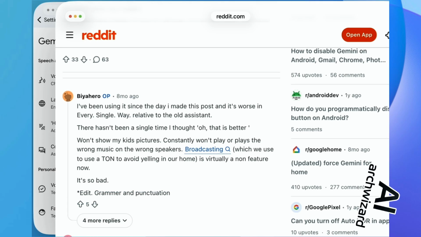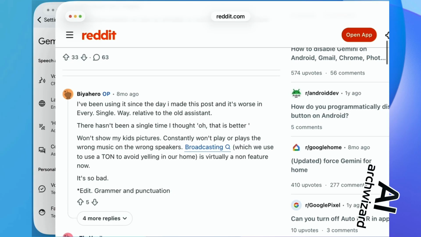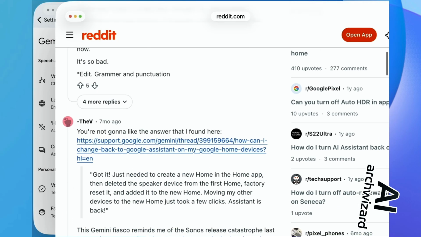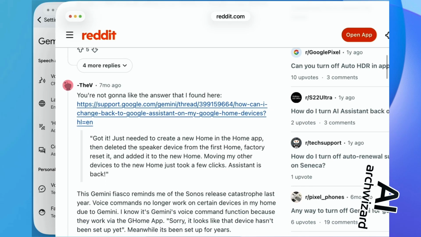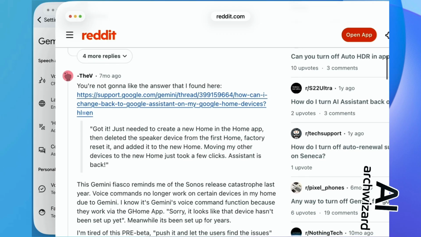And here guys are saying what to do to disable it. And one way that is recommended here by many people is you need to create a new home inside of the Home app.